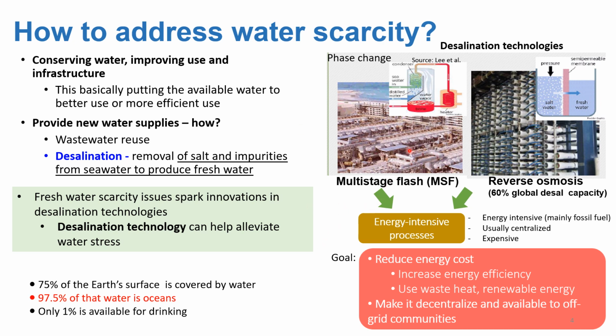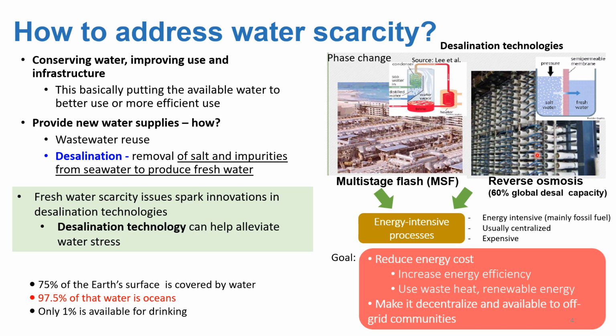The high pressure needs of reverse osmosis means that they need high pressure pumping. And this high pressure pumping requires electricity to power the pump. And so if you are using a lot of electricity, this equates to using a lot of energy, and so there is money involved. So this is a very costly process. Both of these processes are very energy intensive, which means very expensive, and usually they are in a centralized process.